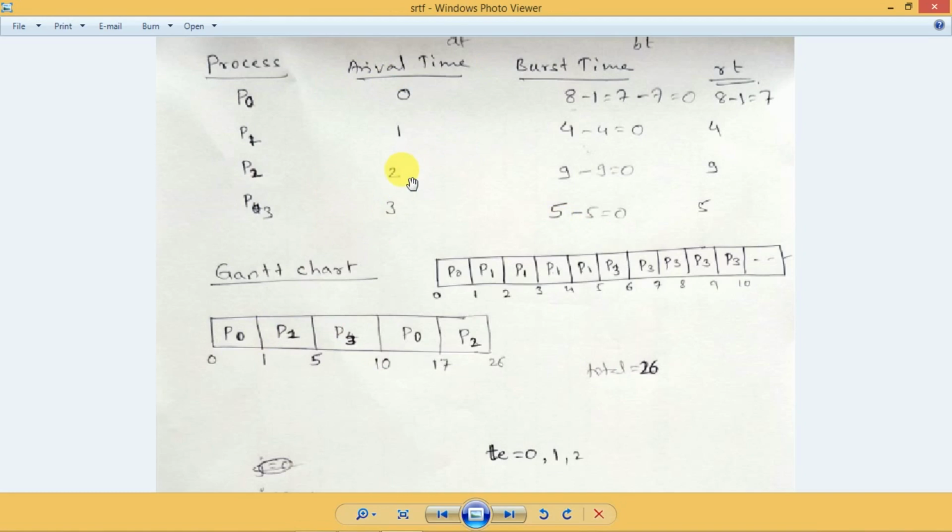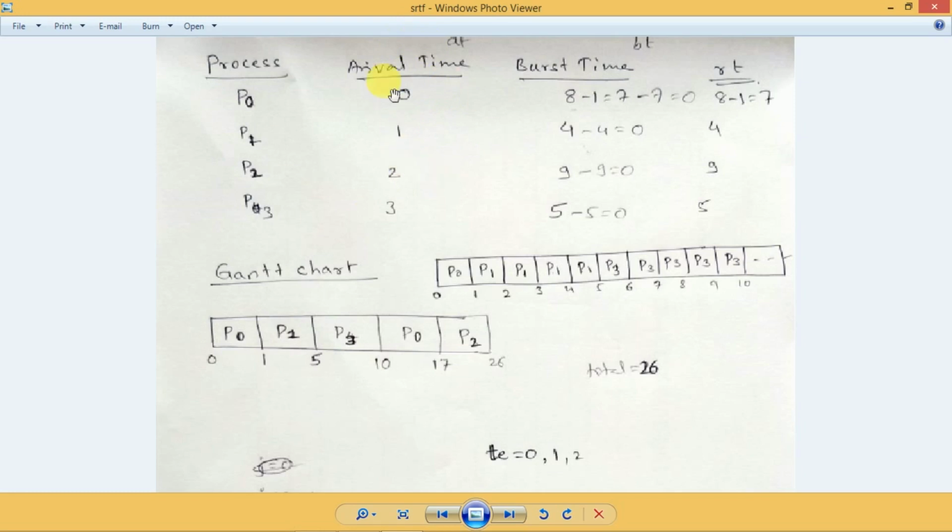For the shortest remaining time first scheduling algorithm, we need the process numbers and burst time. Along with these, you should also know the arrival time of every process, because the arrival time indicates at what time that particular process was available for execution, or at what time that process entered the ready queue. As the name itself indicates, shortest remaining time first means each time you have to search for the process whose remaining time is shortest, and that should be allowed for the execution.